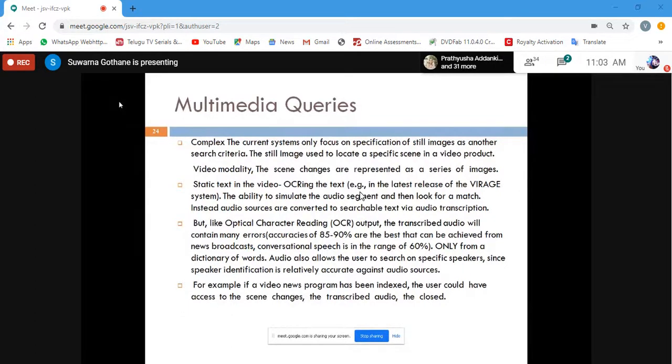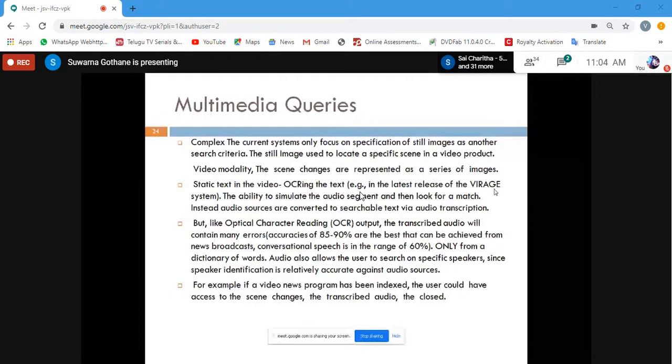For that, one software has been developed that is called the VIRAGE system. You can check this online. This is a particular software. Any image which consists of some text, or a particular video, you can try to give to this Virage software. It is available online, or otherwise free, at most. Inside that, if you give a particular video which has some combination of text also, then it is able to determine it. So it performs the match.